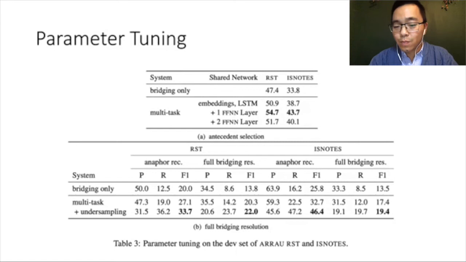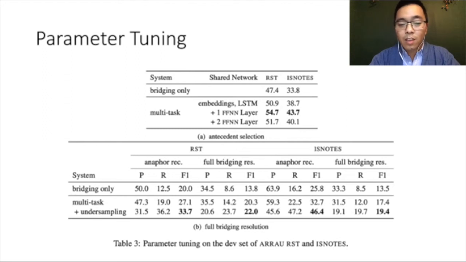full bridging resolution. So for the full bridging resolution, we also tested on the IST and the ISNotes corpora. And as a byproduct, it will also have F1 scores for the anaphora recognition, because we don't use the gold anaphora anymore. So here we are trying to detect the bridging anaphora as well. As we can see here, if we use only the bridging corpus alone, we can achieve only 30.8 or 30.5 for the ISNotes corpus for the full bridging, and also quite limited 20-ish for the anaphora